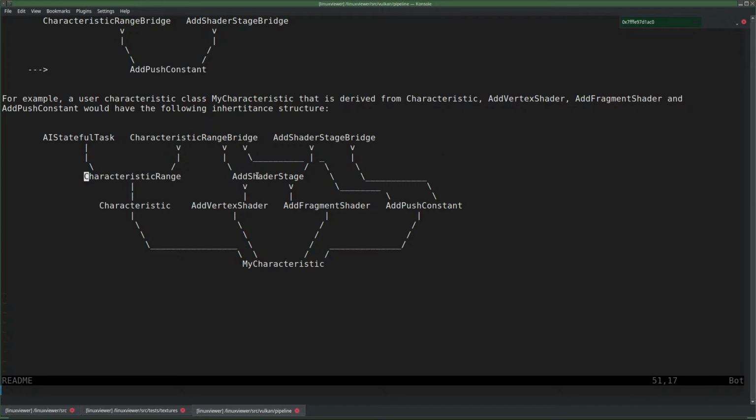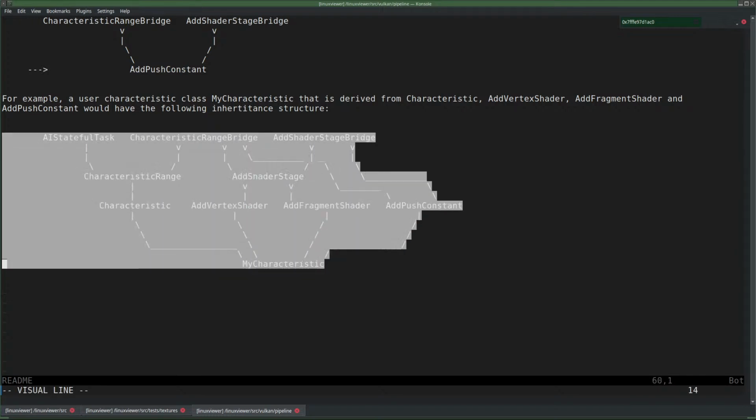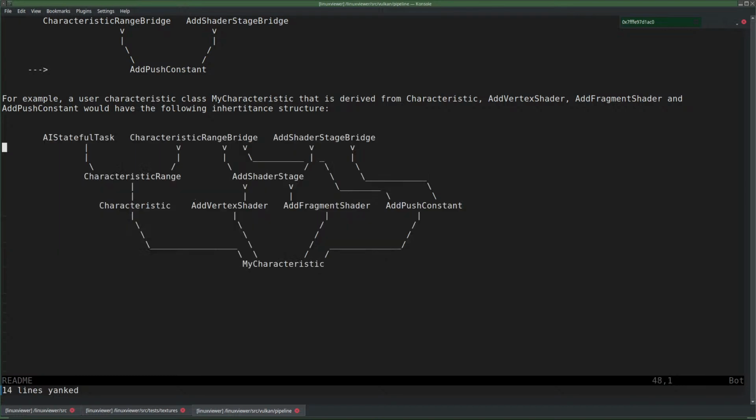But then each of these instances separately. Oh wait, they might still derive from a single instance of that. They actually might do that. So I would have something like, let me copy this, and